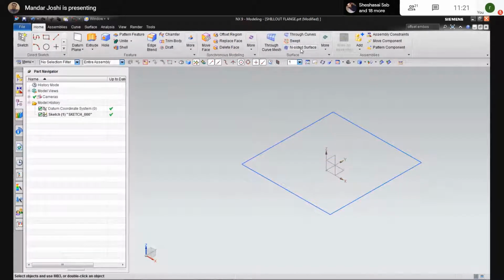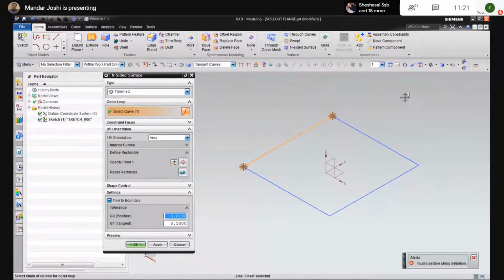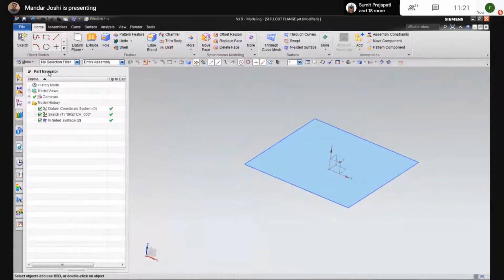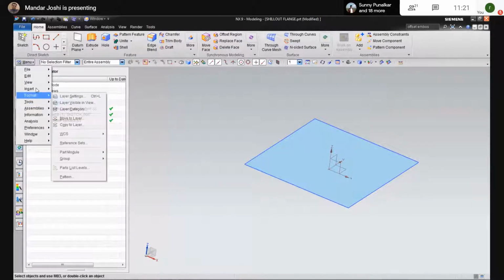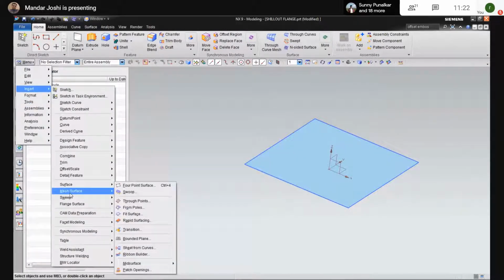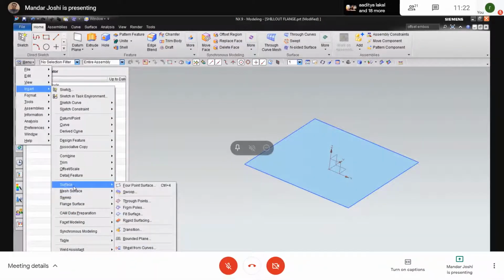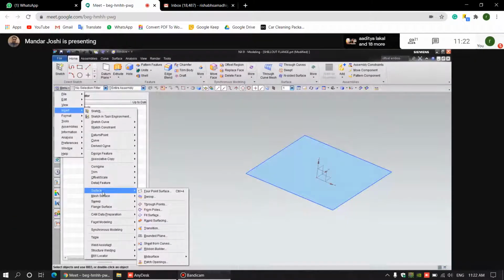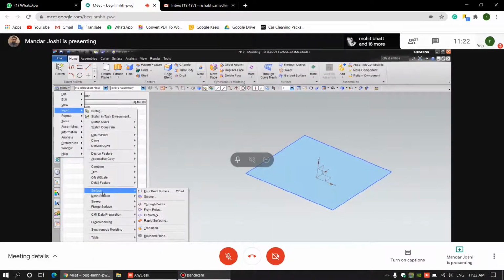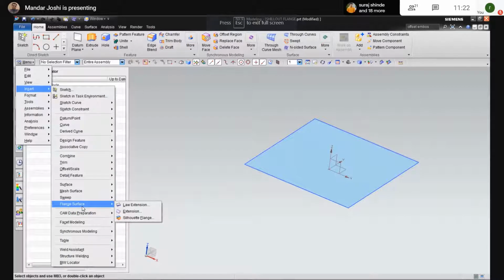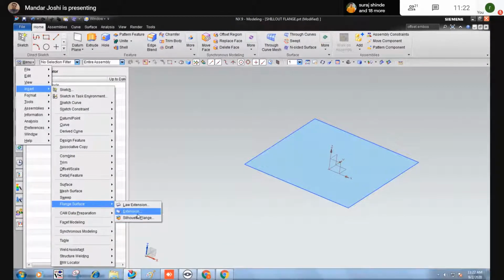With the help of the N-sided surface command, I generate the surface, and I select this, insert, and select this flange surface. Okay, so this is the chill out flange and extension.